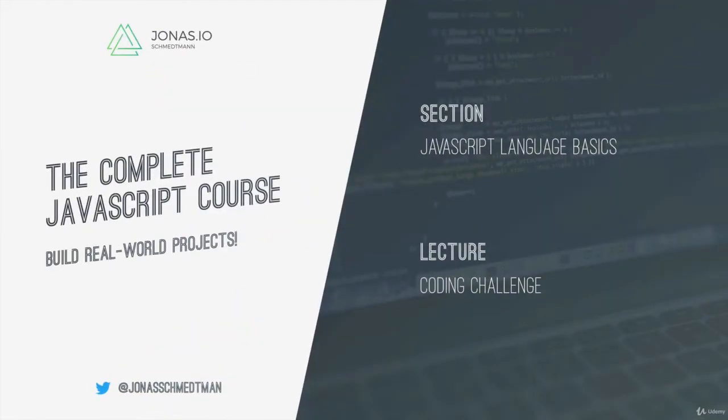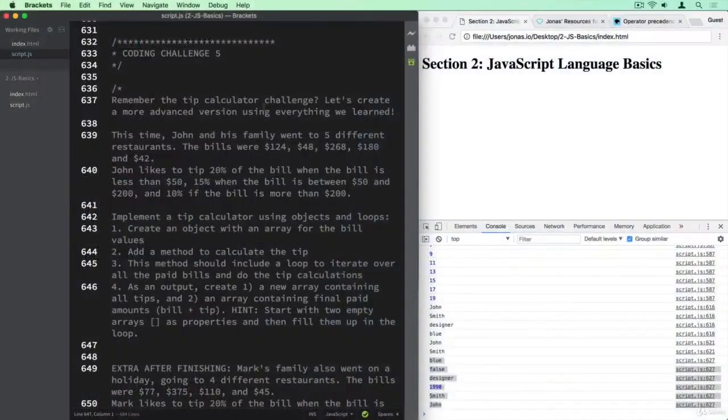Welcome back to the last and most exciting coding challenge of this section. So remember the tip calculator that we created in another challenge? Let's now create a more advanced version using everything that we learned up until this point. So this time, John and his family went to 5 different restaurants, and the bills were $124, $48, $268, $180,